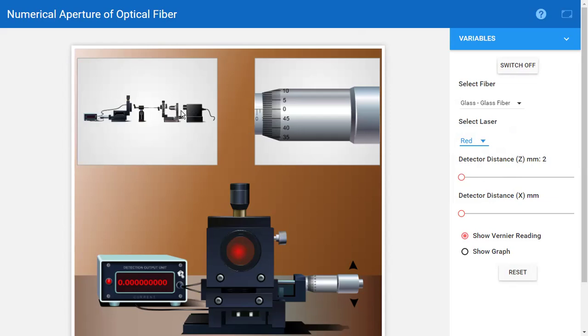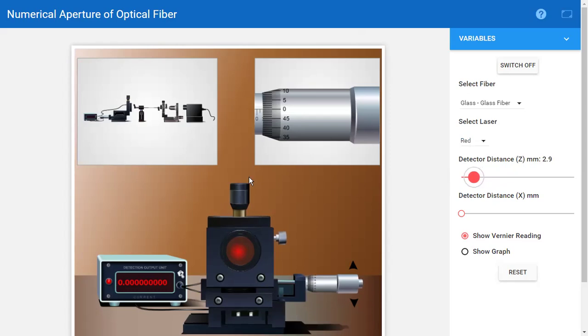It is actually the distance between the source and the optical fiber. It is this distance. Now, you can vary it using this knob. So select this knob, and if you move this, you can vary the distance between